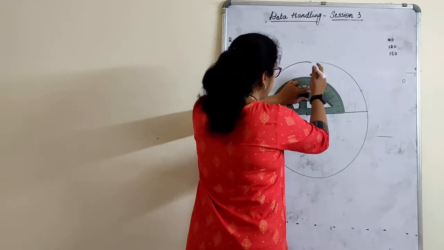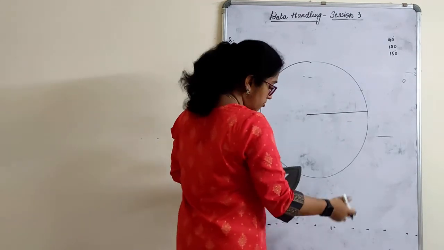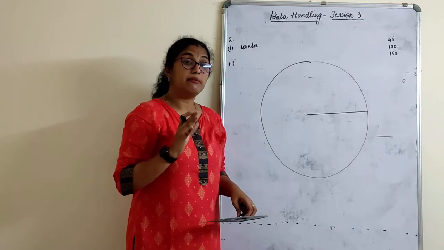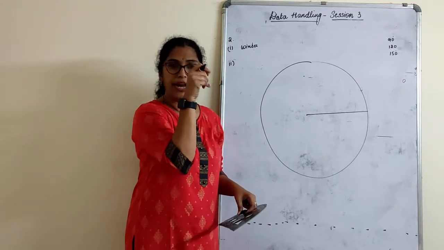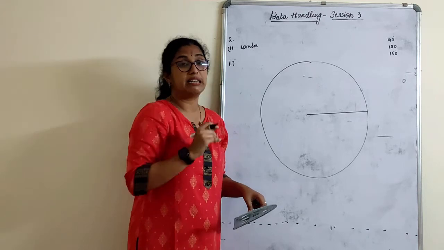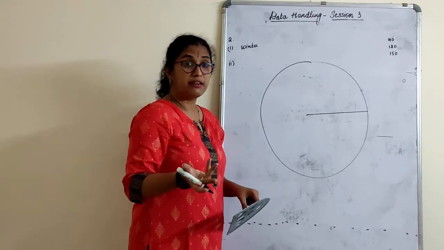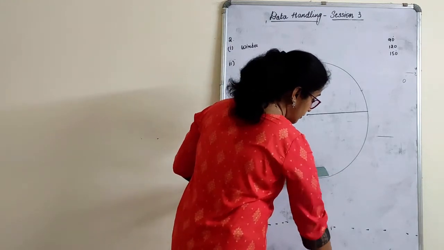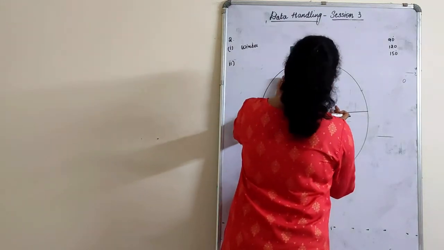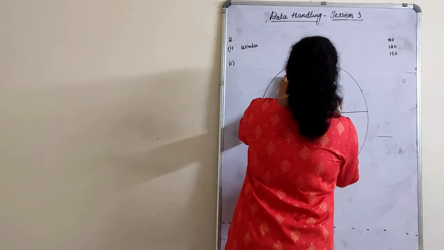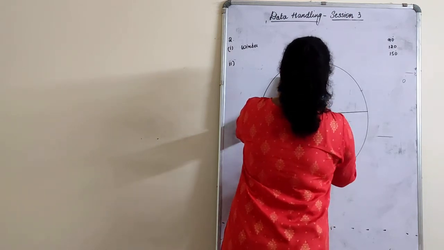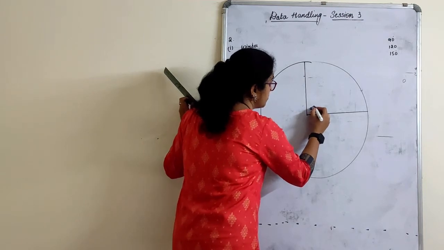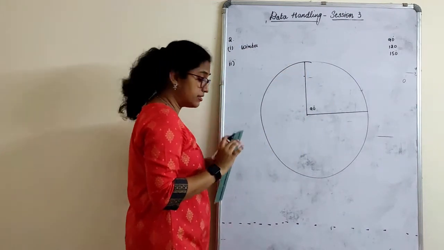90 degree. See, basically for 90 degree, we take a scale and draw a straight line. 99% it will be correct, but still 0.1% sometimes you might slightly miss it. So better use a protractor and do it. How much time? Another 2-3 seconds extra it will take for you, right? So 90 degree it is. Mark. Afterwards we'll note what season it is.